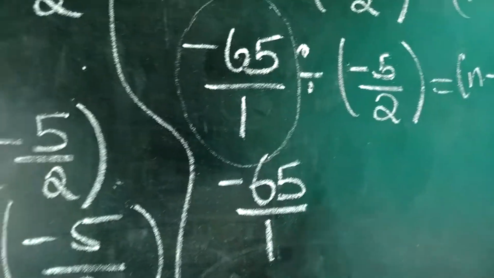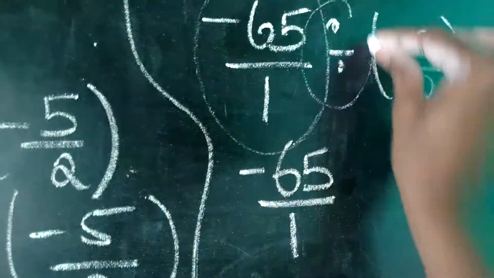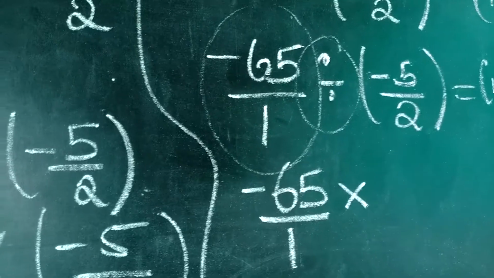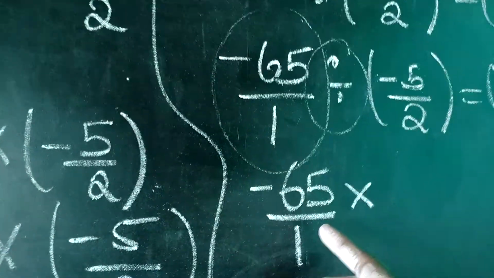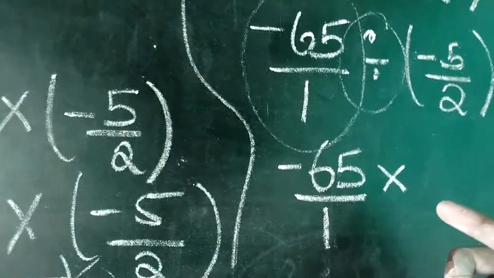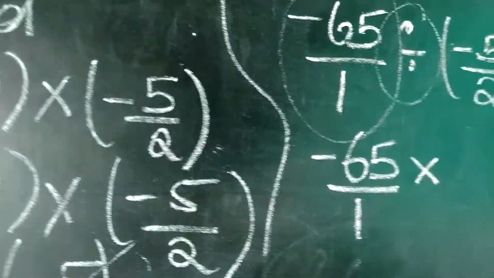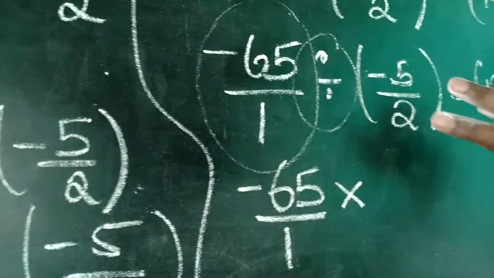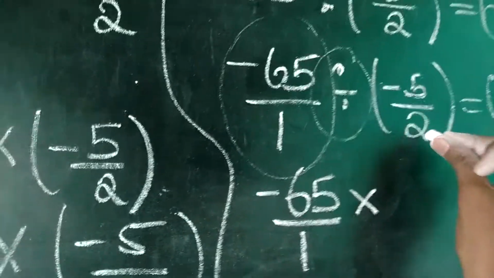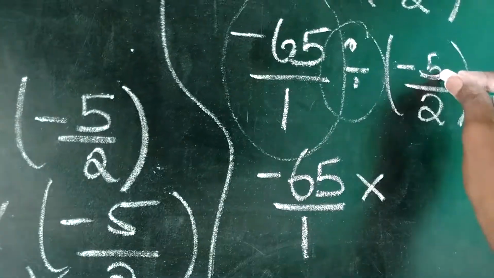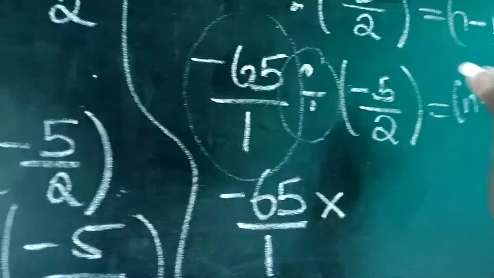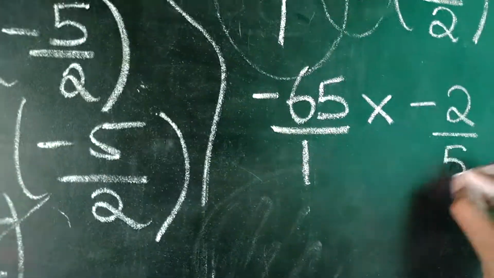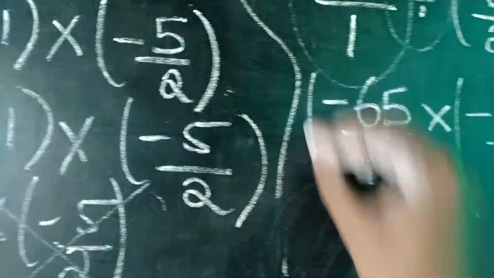What will get changed is this division sign, it will be changed into multiplication. This is the first step you have to do. The left side will be the same. The division sign will be changed over to multiplication sign. The second change is that the second term will get reciprocated, in the sense whatever we have in a denominator will go to the numerator, and whatever we have in a numerator will come to the denominator. It will become minus 2 by 5. Since we have minus, put it in the bracket.